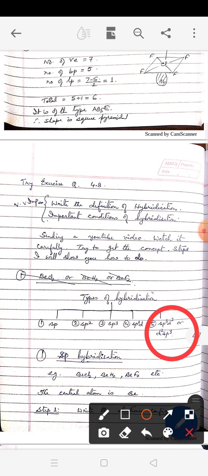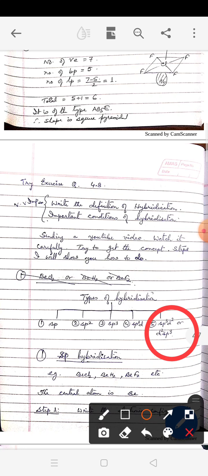You can see here the total number of orbitals used here is 6: 1 s, 3 of the p's and 2 of the d's. Total makes it 6. Now how will these 6 orbitals arrange themselves? Out of 6, 4 of them will arrange themselves in the shape of a square, and of the remaining 2, one will be above and another will be below the plane. And if you join the corners of the square with the ones which are above and below the plane, it will give rise to an octahedron. Octa means 8, hedron means faces. It will have 8 faces. Okay, I wish I could visualize you.